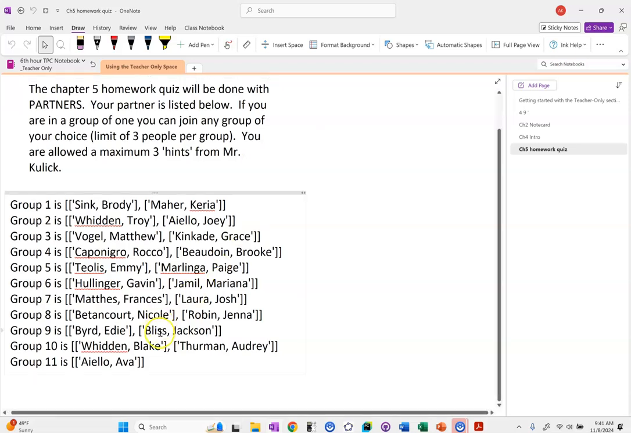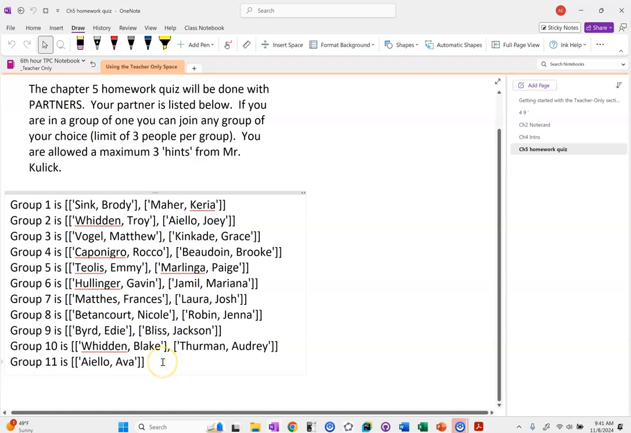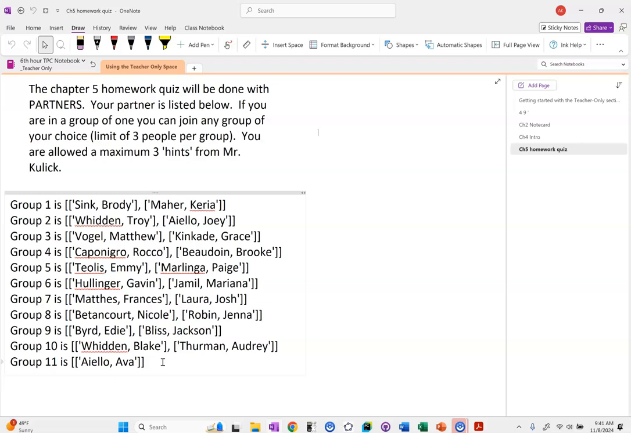So the partners are assigned here. If you are one person, you can join any group of your choice, up to maximum 3 people per group. I don't think we had any absences today, so Ava, you're the only one. So you can pick any group that you'd like to work in. Once you guys have gotten up and moved and found a place to work together, I'll come by and drop a quiz at your guys' partner desk. Everybody cool? Okie